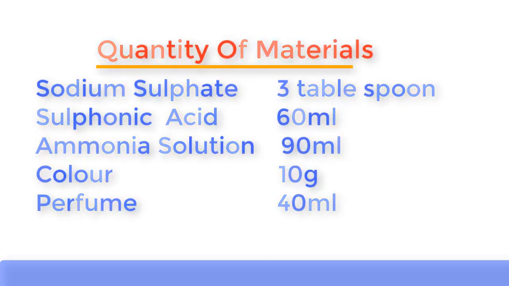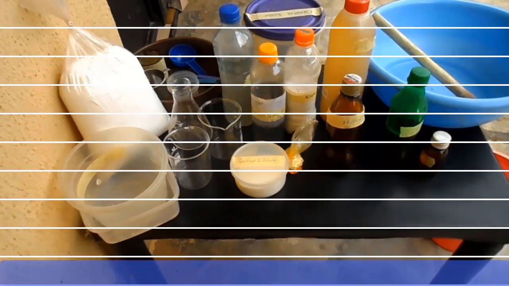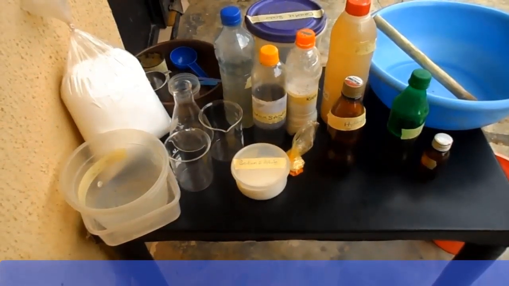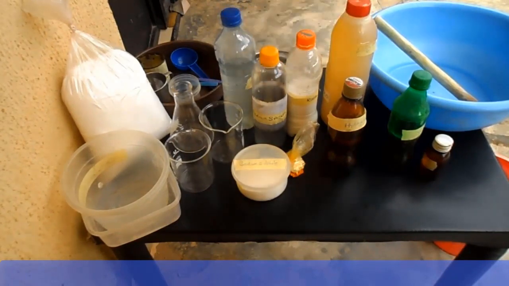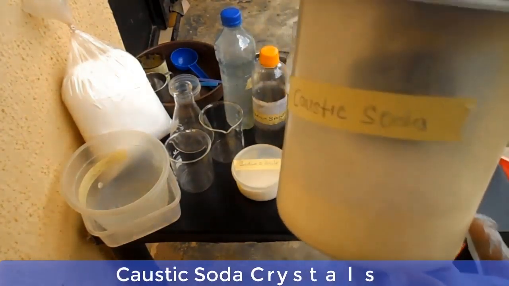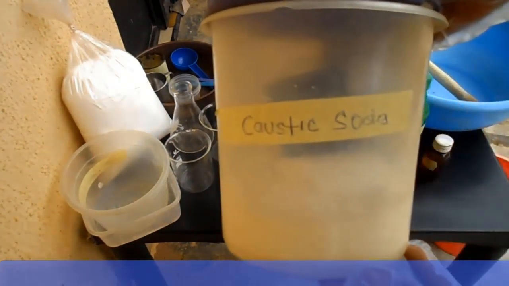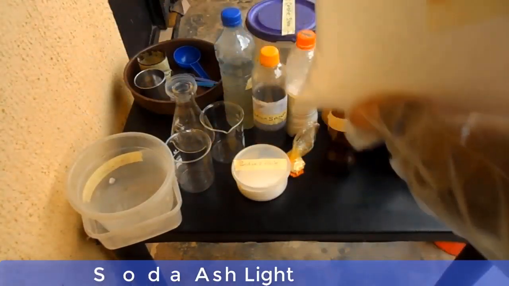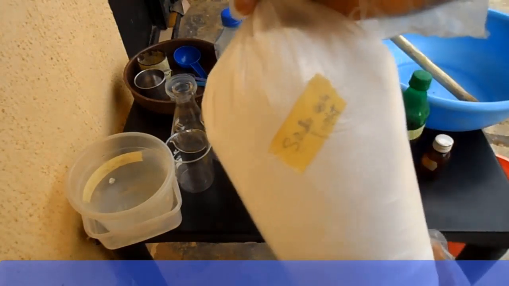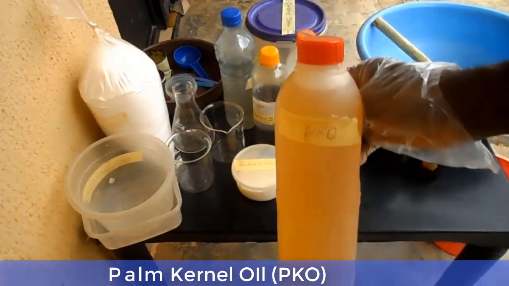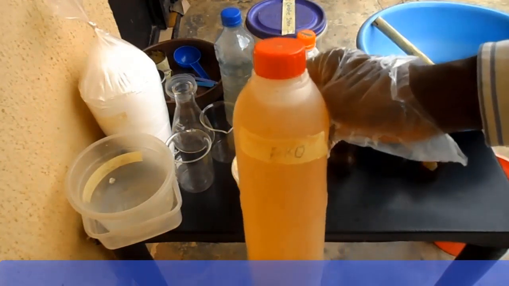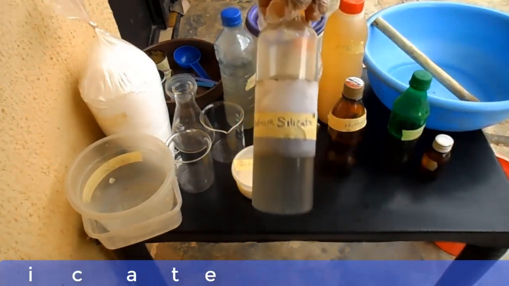Now let me show you the chemicals and materials needed for this particular production. Alright, these are the materials and chemicals we're going to be using. Here we have the caustic soda crystals, the sodium hydroxide crystals, caustic soda. Now this is our soda ash light. This is our palm kernel oil, also known as PKO. This is sodium silicate,